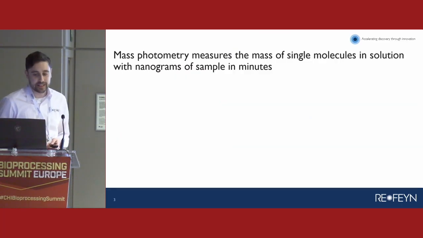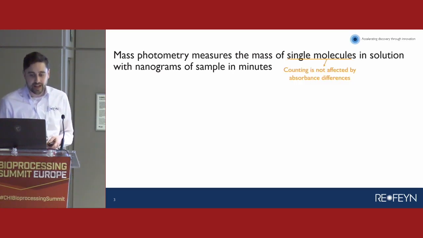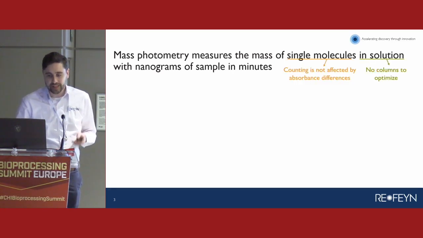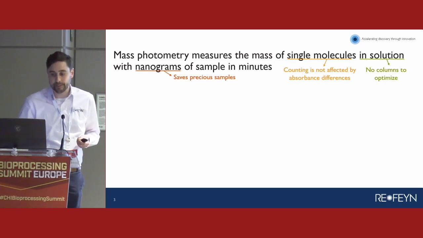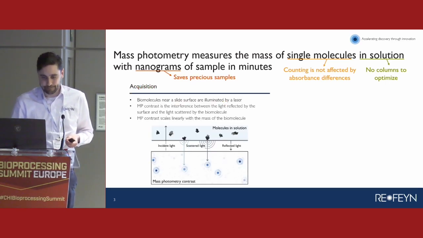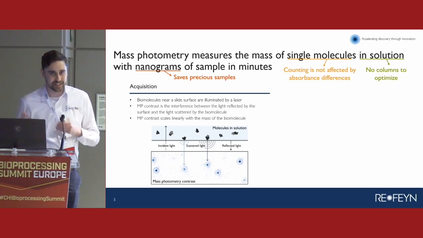So our solution to this is using mass photometry, which is a technique which measures single molecules in solution, so no need to do column optimization, crucially with nanograms of sample, so we're generally measuring at around 10 nanomolar in minutes. And I just want to stress again, we're measuring mass here, not size, so it is very much a